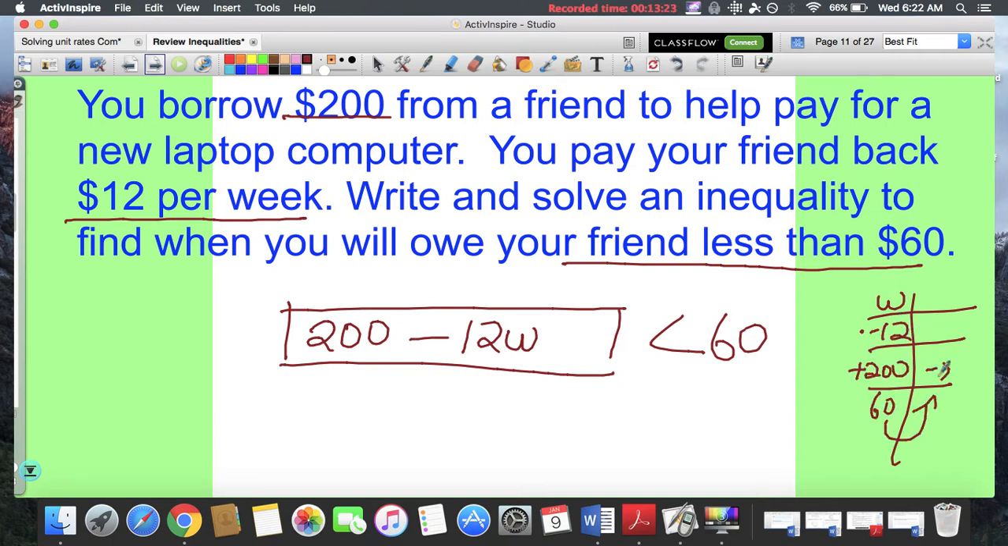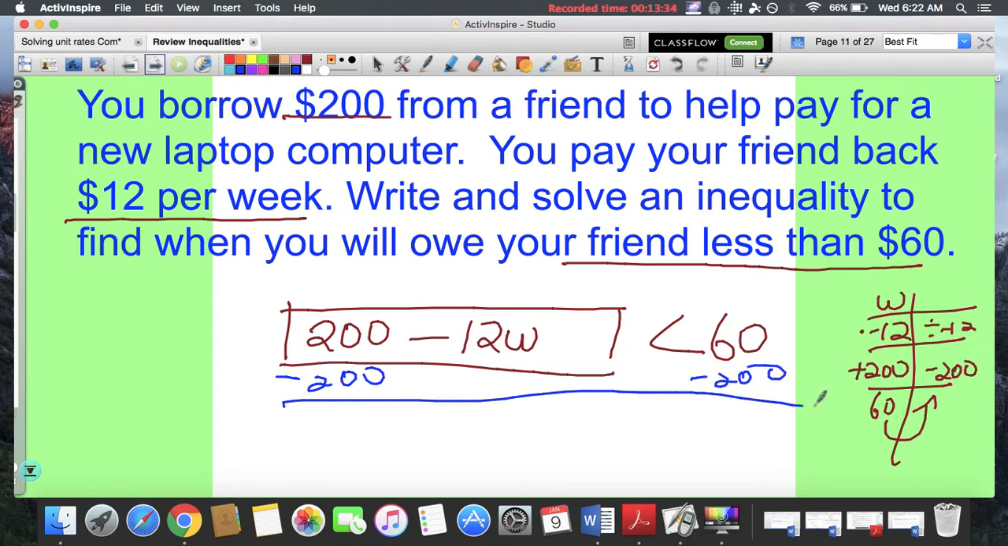Going back, we're going to do minus 200 first and then divide by negative 12. So, let's do that. Minus 200, minus 200 on the other side. These two become 0. Negative 12W comes down, and 60 minus 200 is negative 140. Divide by negative 12, divide by negative 12. And we have to flip the sign the other way. W is going to be greater than,